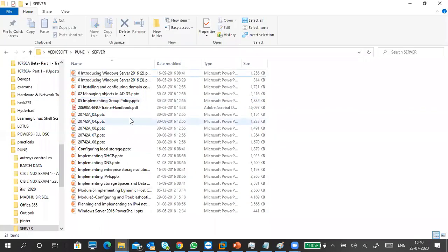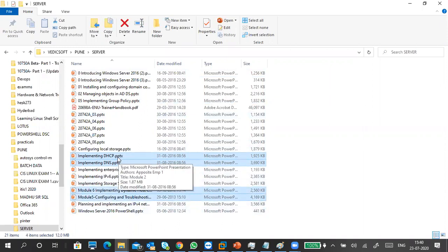I will share some of my PPTs. One is DHCP, another one is DNS. I don't know where this printer kind of stuff is here. I'm sharing another DHCP and DNS. Like two DHCPs, two DNS are there. One is old, one is new. This is new, this is old. So I'm going to share this one.